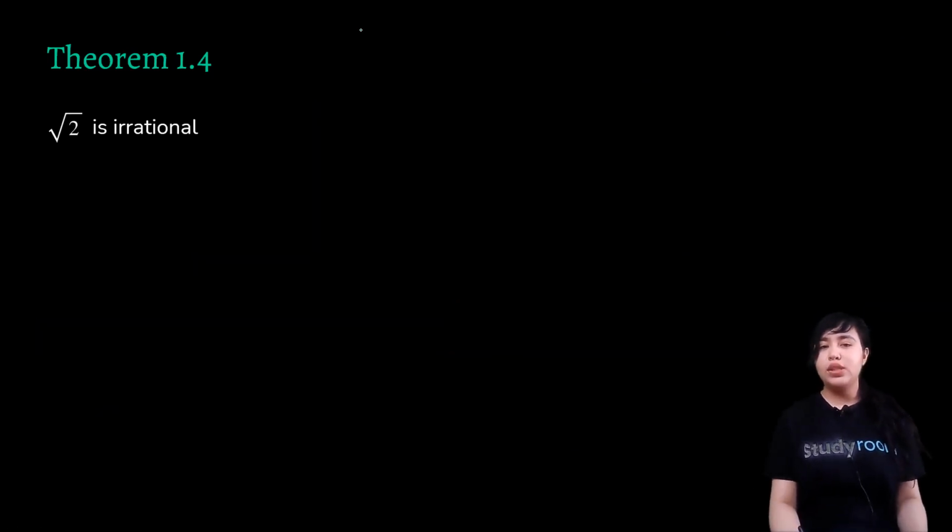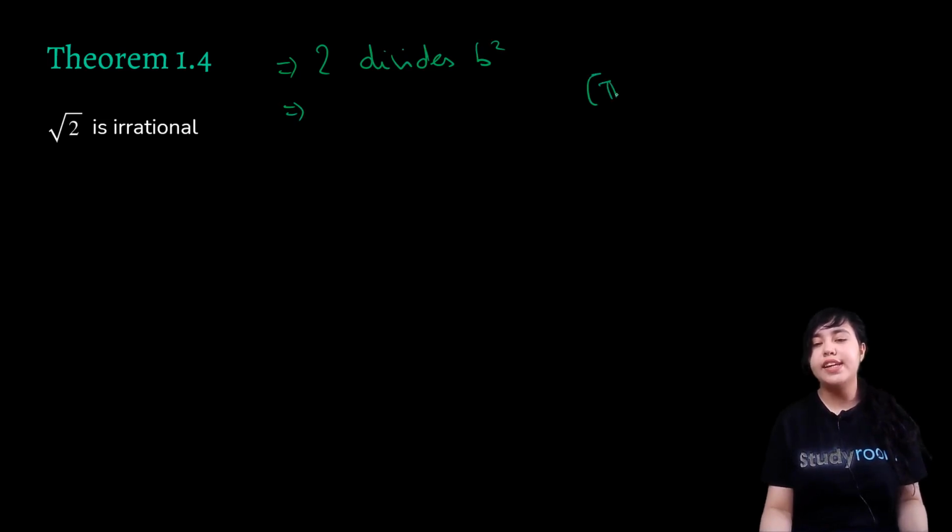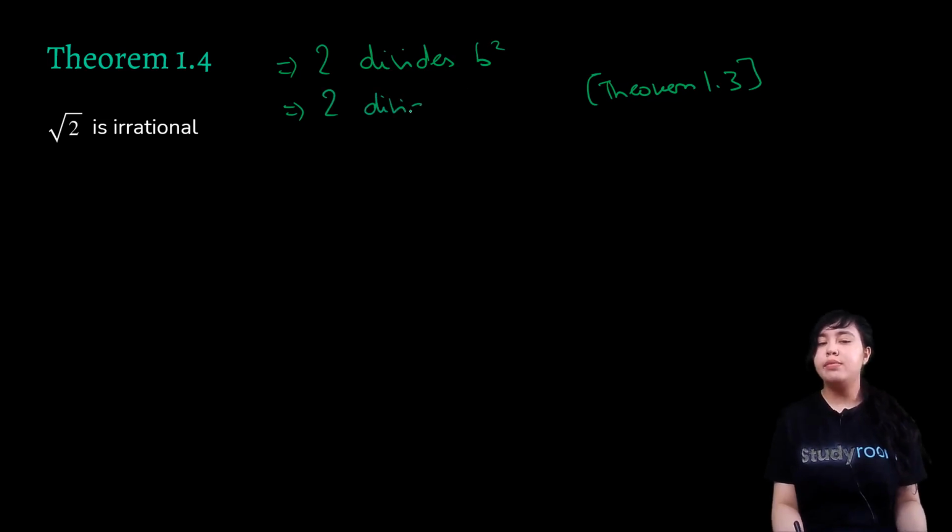So if I can write b square by 2, it means that 2 divides b square. Again make use of theorem 1.3, and then what can we write? I give you some time, okay? Right over here, what would 2 divide then? 2 divides b. Okay, so we just saw that 2 divides a